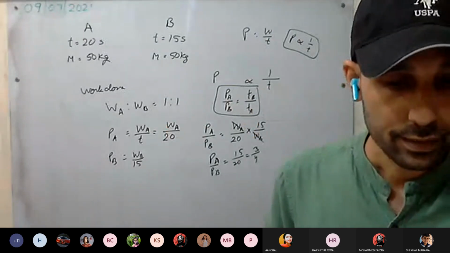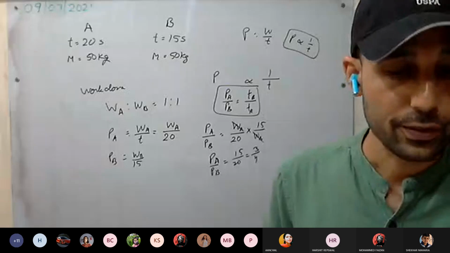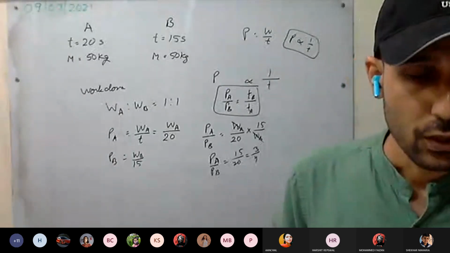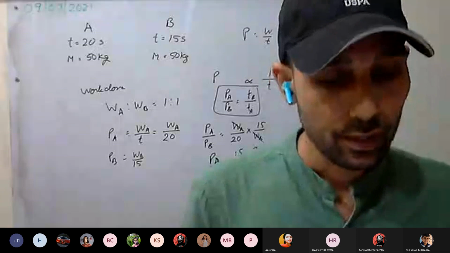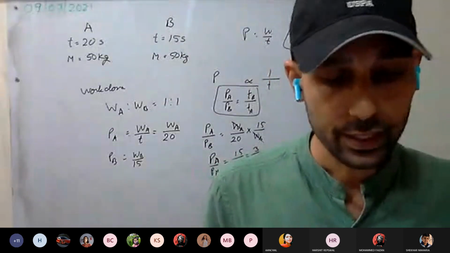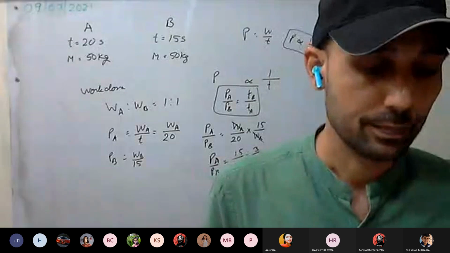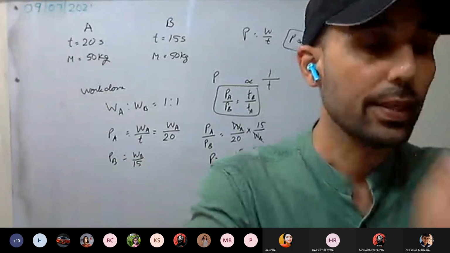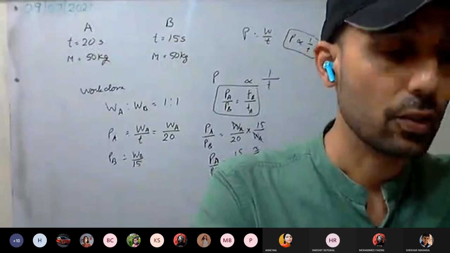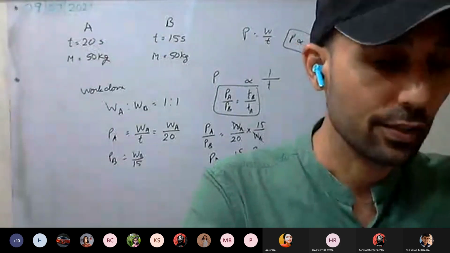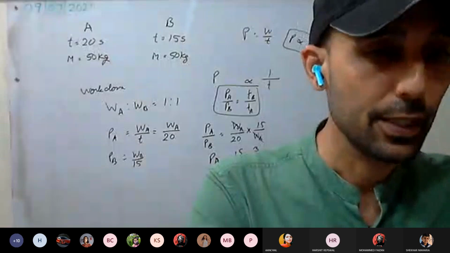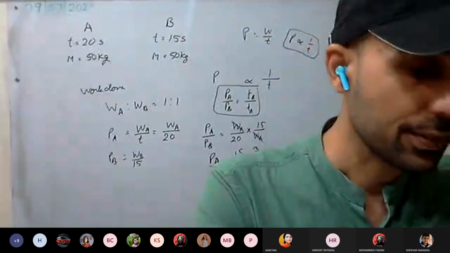Compare means you have to find the ratio. Calculate means you have to calculate, okay? 14th one, do as homework. 15 and 16 we will discuss on Monday, and the remaining numericals we will discuss, okay? So complete these numericals. Numericals are very important. They will give you the basic understanding of the application of whatever theory we have studied. So by Monday, complete all the numericals of this chapter, okay?